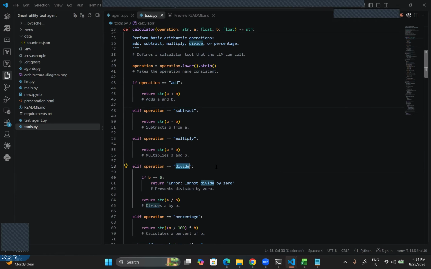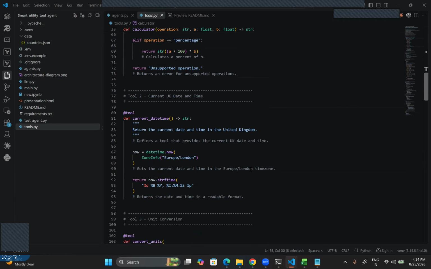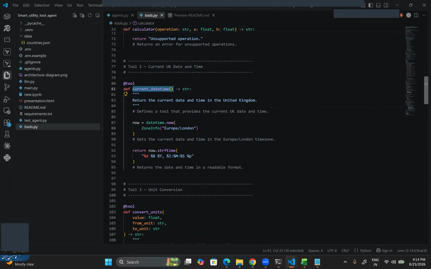That is plain arithmetic. Now the current date and time tool reads the system clock, converts to Europe/London via zoneinfo, because I've set this to Europe/London,